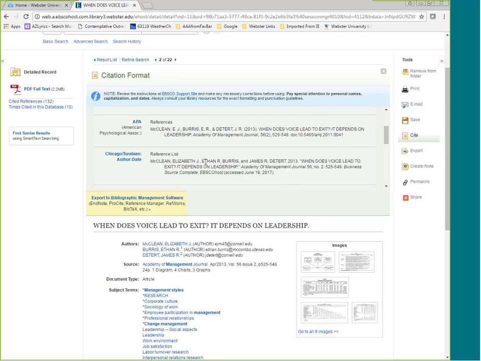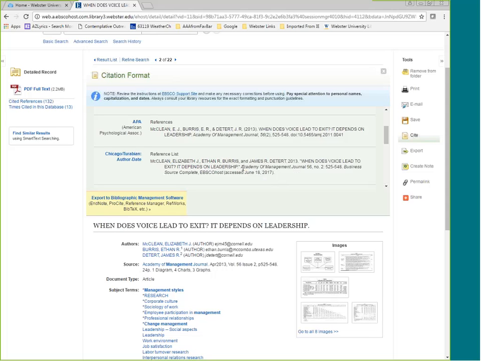So the author should go first, but we should not be seeing the author's full names. It should be their initials. So that's an issue. The article title should not be in quotation marks. It should be in sentence case, meaning that the first word of the title and the subtitle and any proper nouns are the only things that should be capitalized.